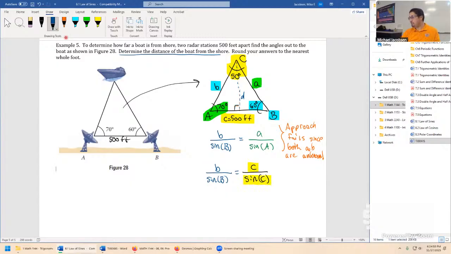So this becomes B divided by sine of this opposite angle, 60 degrees. We know that exactly, but we're putting this all into a calculator, so we'll just not worry too much that this is square root 3 over 2. I think it's simple enough in that form. C here is 500 feet. We can fill in, divide by sine of 50 degrees.